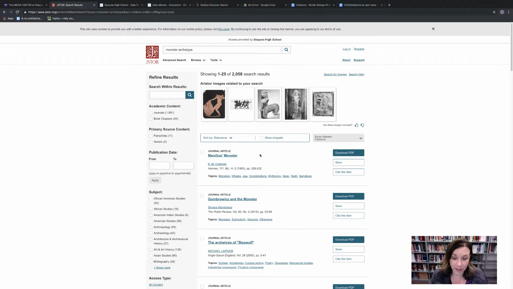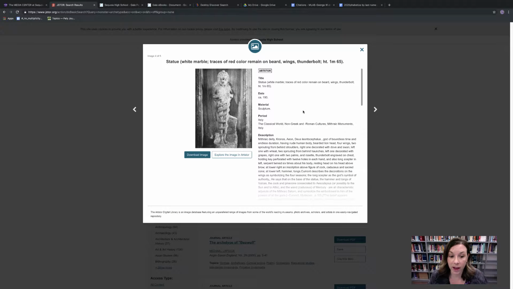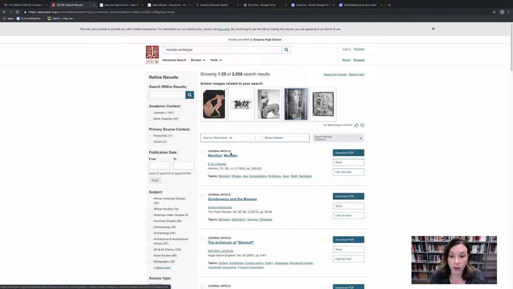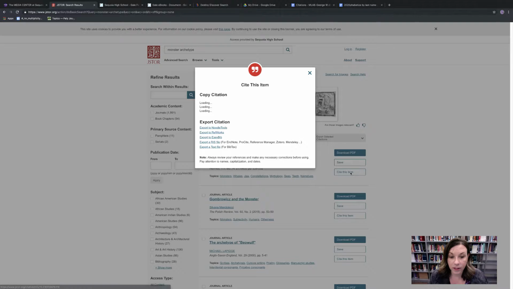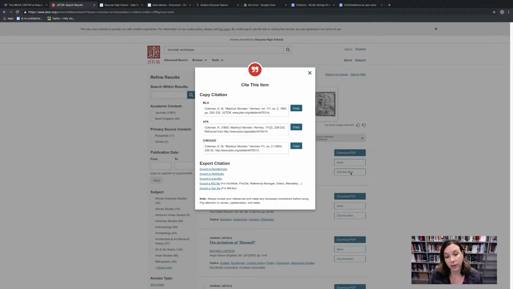I have a lot to read, and this is the part that I can't model. You have to actually carve out time to read this, but you'll also see that I have some graphics. So if you want to include a graphic, you can also include something like that. You can download it, you can explore, and then you'll also want to learn how to do the citation as well, okay? So if I click right here, cite this item, the difference between this and Gale is that you